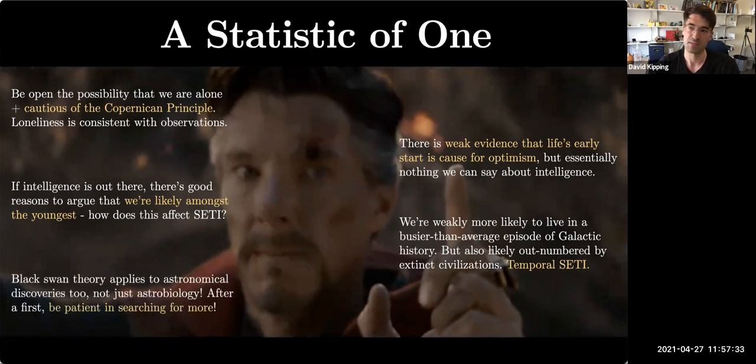And finally, when it comes to black swans more generally, my takeaway is be patient. Order of magnitude rule. If you observe for 10 times longer than your initial survey, you still have a 10% chance of not seeing it. If you observe for 2 orders of magnitude longer than your original survey, there's still a 1% chance you won't observe it. So you need a lot of patience going after these black swans, but it's often worth it.